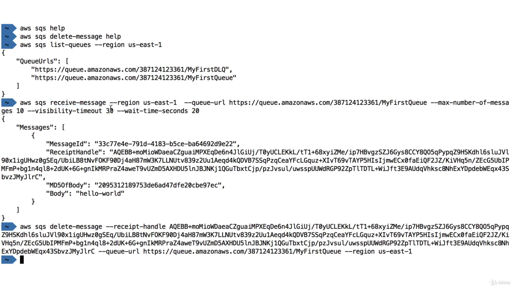So this is just a little CLI play just to get a bit more practice with the SQS API. But overall, this should just be things you know now. And I hope that helped put things into perspective as to what the process should be when dealing with SQS, with the CLI or the SDK, so you can use this in your application. So that's it for this lecture, and I will see you in the next lecture.